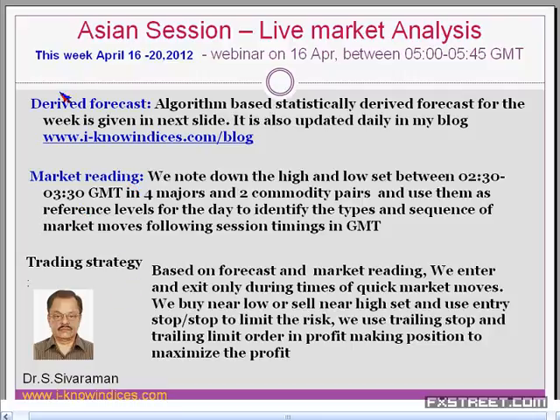So the derived forecast is the algorithm-based statistically derived forecast. So it is statistically derived, so all theoretical analysis may or may not work in the markets. So theoretical is different from the practical, but still we can use the theoretical as the guidance for our practical decisions. And this daily forecast, I will try to display it in the blog,